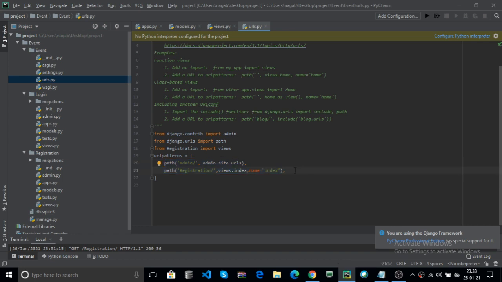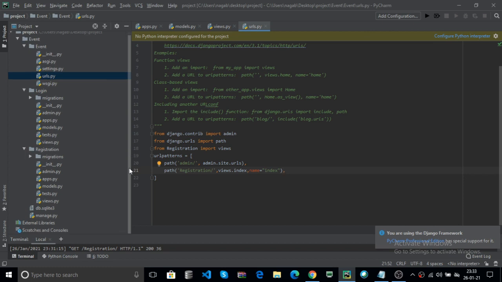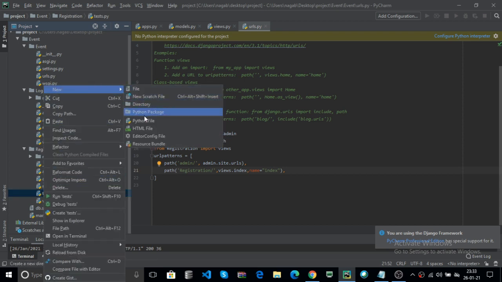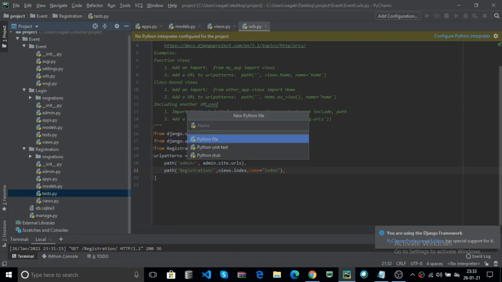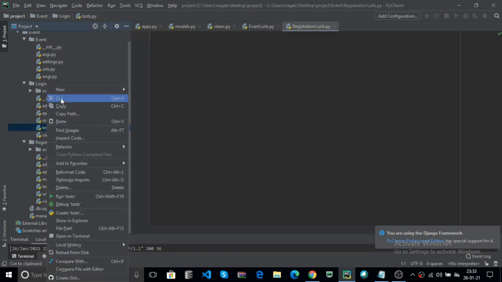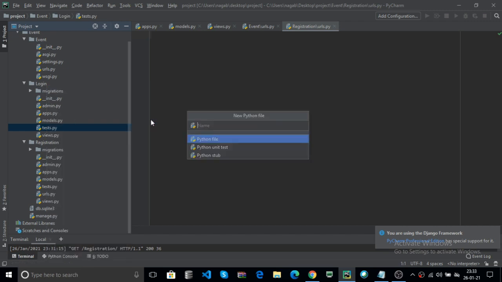Now what happens here, you can create a separate urls.py for a particular app. For example, for registration we can create one file. Right click on one of the files and click on new Python file. I create urls.py for registration, and also I create urls.py for login.